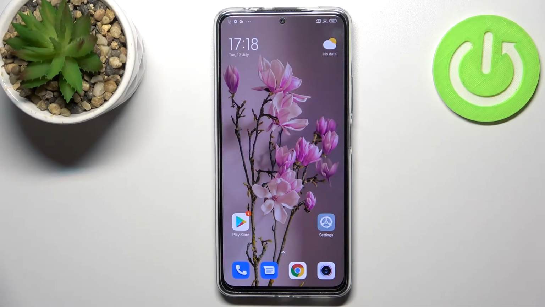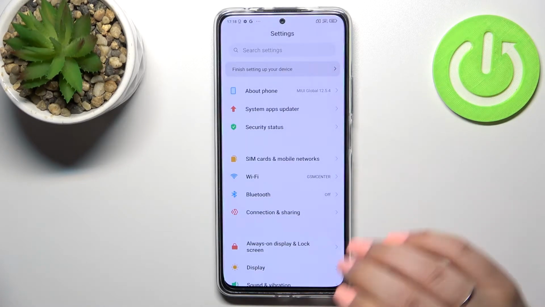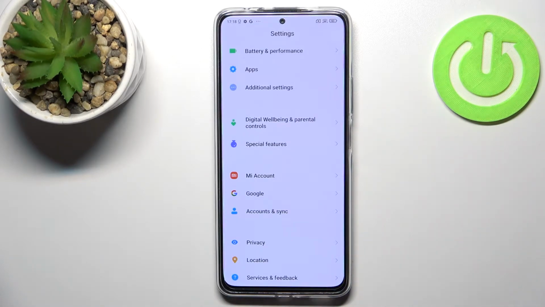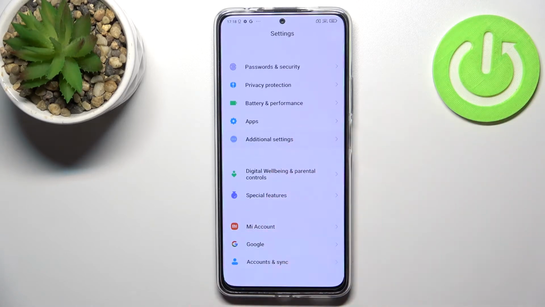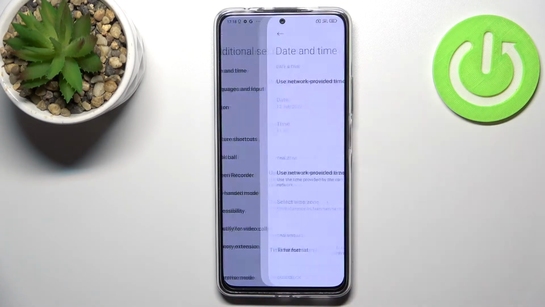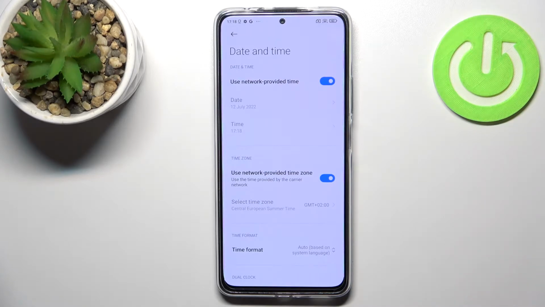Hi everyone, in front of me I've got a Redmi Note 11 Pro Plus, and let me share with you how to change date and time on this device. So first of all, let's open the settings and now scroll down to the very bottom, almost very bottom, to find additional settings. Now let's tap on date and time, and as you can see right here we've got some